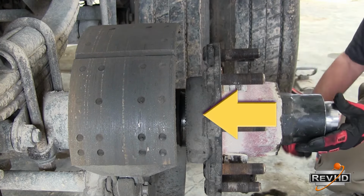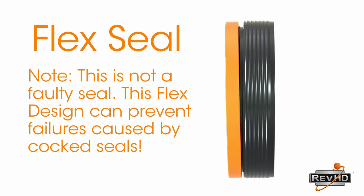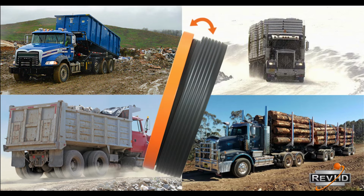The bearing adjustment will seat the seal onto the shoulder far more uniformly than you can do by hand. Another important feature of the RevHD wheel seal is its unique flex design, which can help prevent failures commonly caused by cocked seals. Sometimes seals get crooked during installation or while docking the hub. Other times they can cock because the vehicle goes off-road. The RevHD seal's unique flex design allows the seal to flex in critical situations, protecting you from leaky seals caused